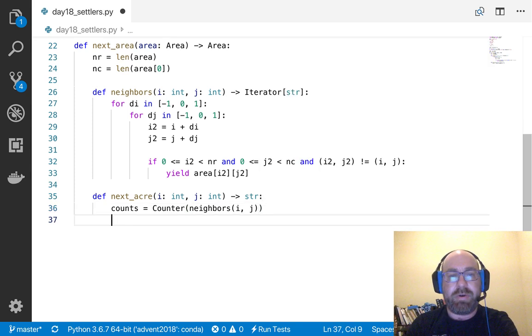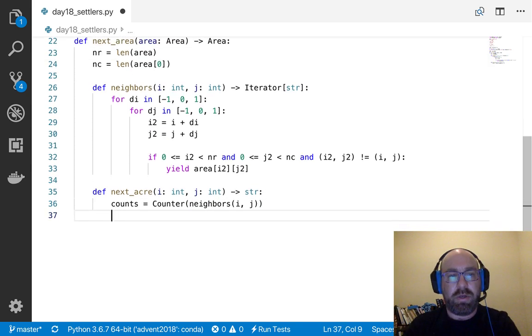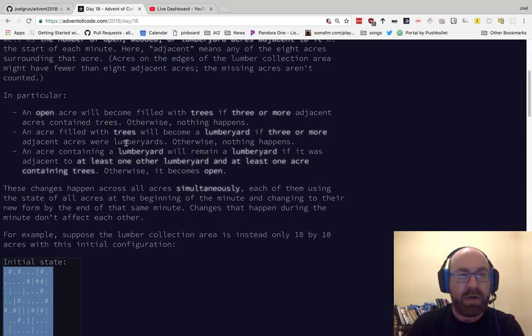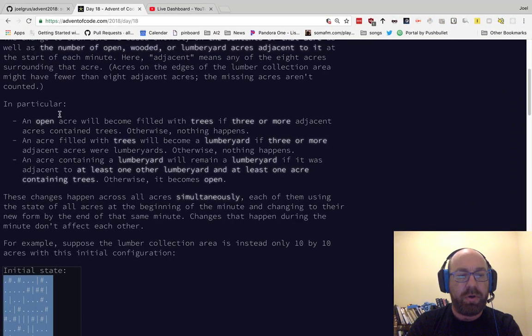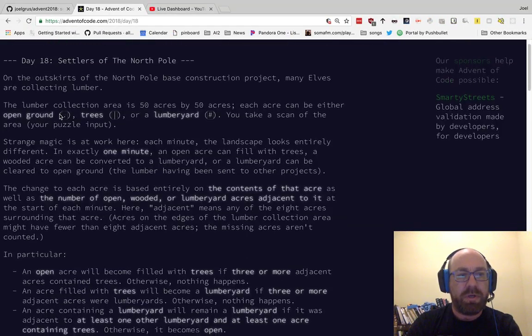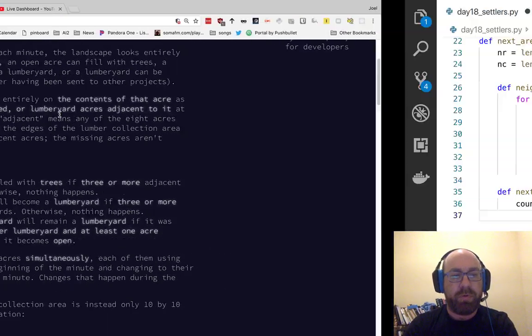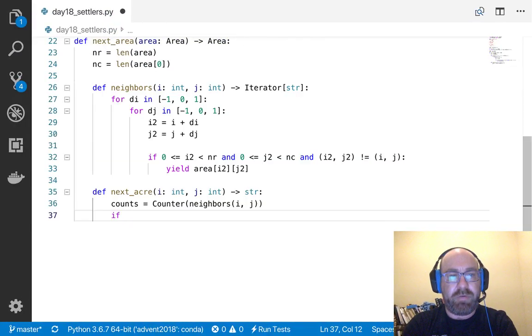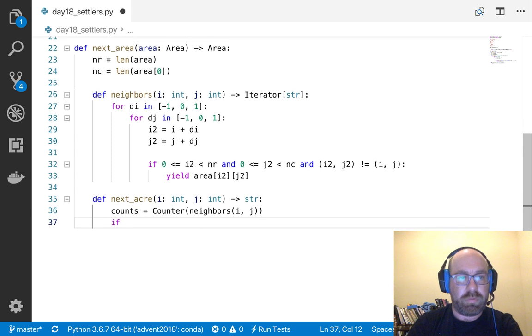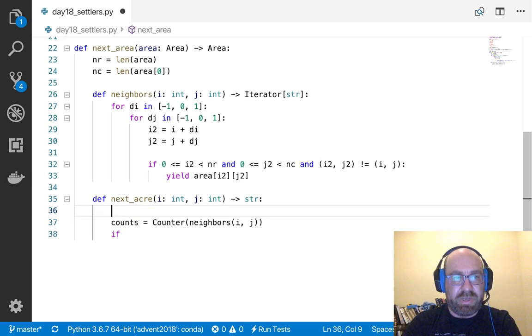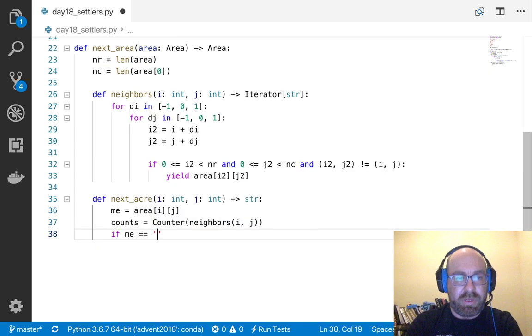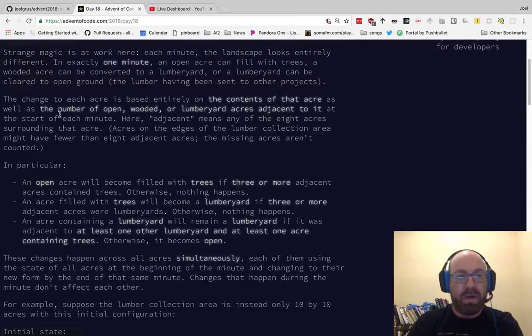So I'm just going to count up how many of the squares are surrounding me. And now I have 3 cases. An open acre, which is a period, will be filled with trees. So if, and let's say me equals area ij. So if me equals that, so I'm an open acre.